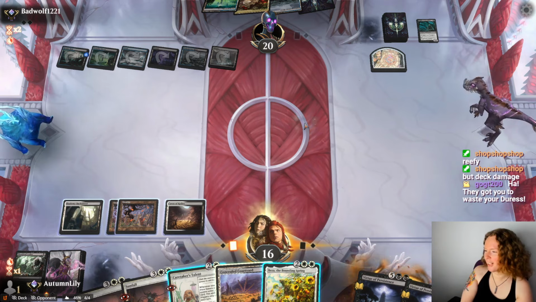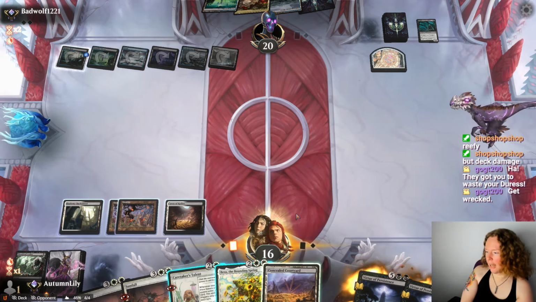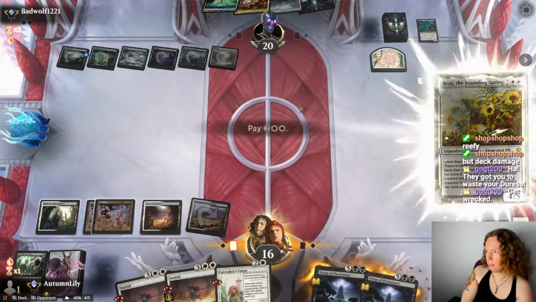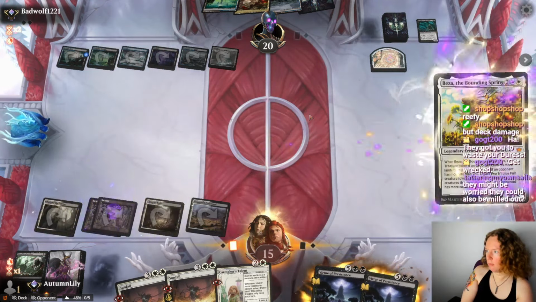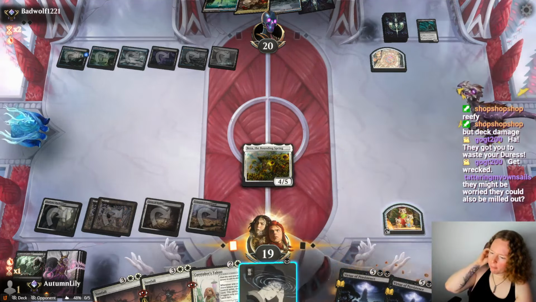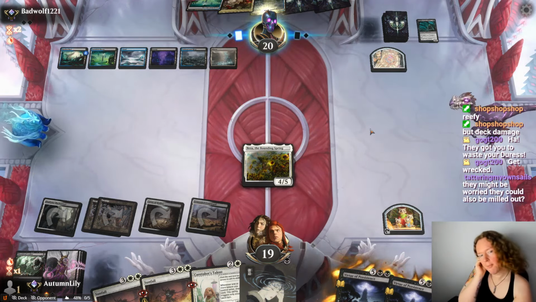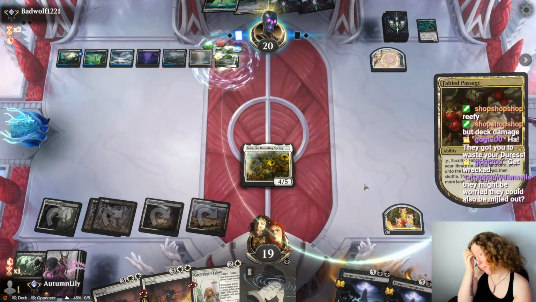Got me to waste my Duress, apparently. So if I play a land, Beza draws a card and makes a treasure? It could be milled out. That doesn't seem super likely, but... Alright, this was an okay Beza. I guess it doesn't block the Restless Reef, but it blocks this Mirex forever, so...